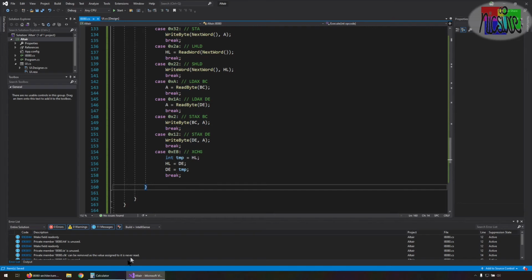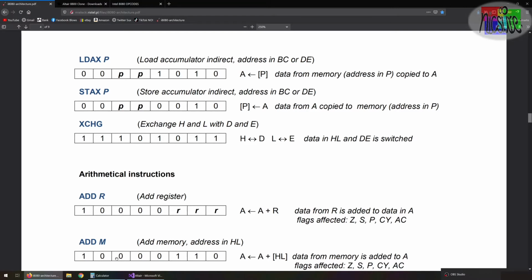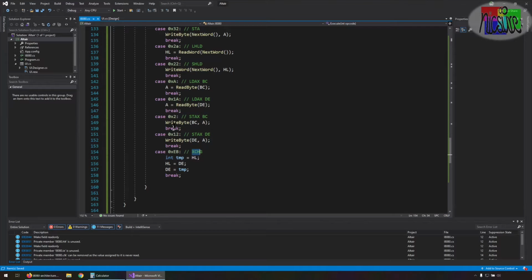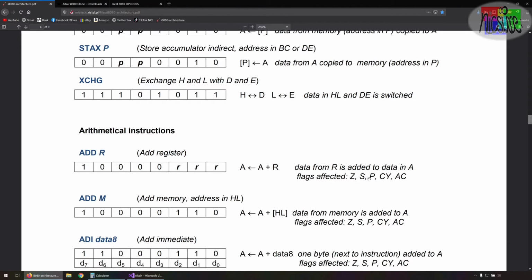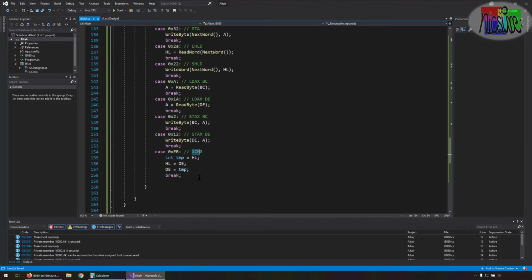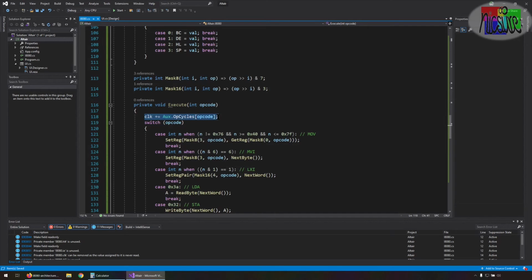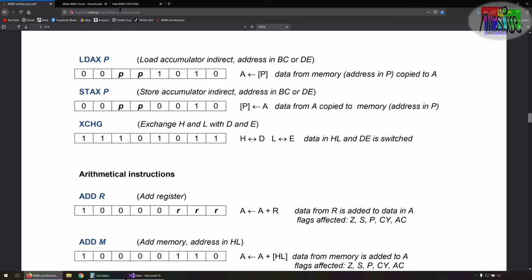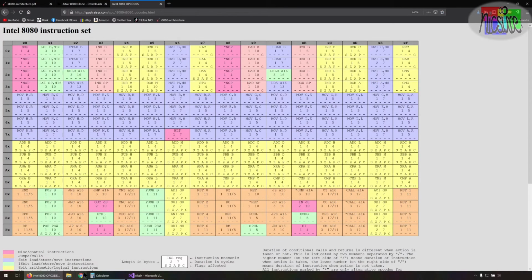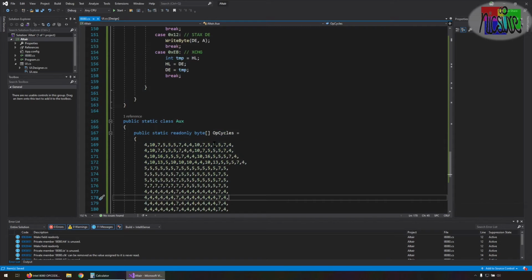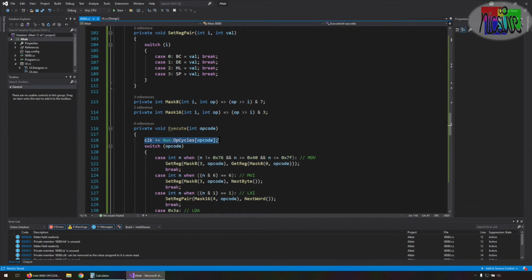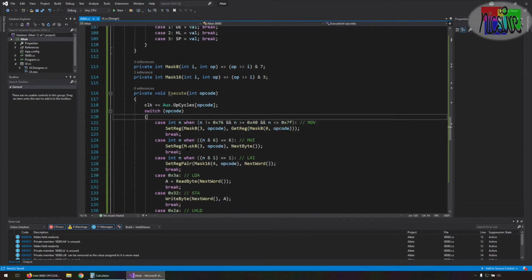Right, so we've got down to this point, and now we're on to arithmetical. We've done everything up to that point, and now we're on to arithmetical instructions. These are a bit more complex because they start messing around with the flags. But I've also implemented a clock counter. So from this data here that we got previously, where it gives you all the clock cycles, I made a table of all 256 opcycle times, and they just get added depending on the opcode that gets passed into execute, and that will allow me to keep track of how long the emulator should be taking for each instruction, because